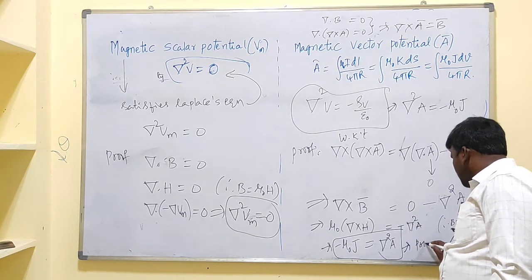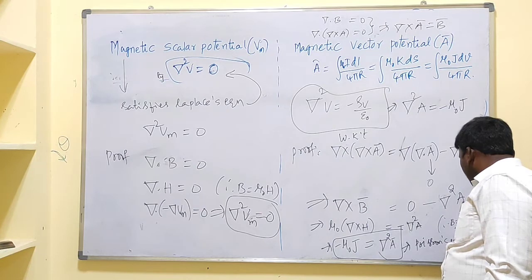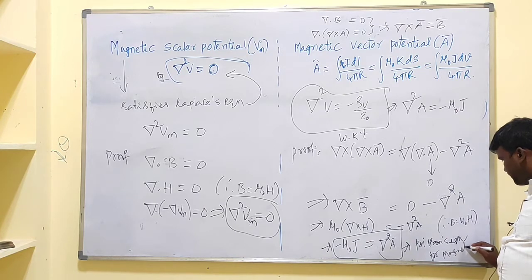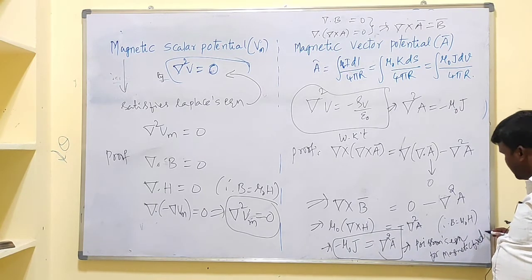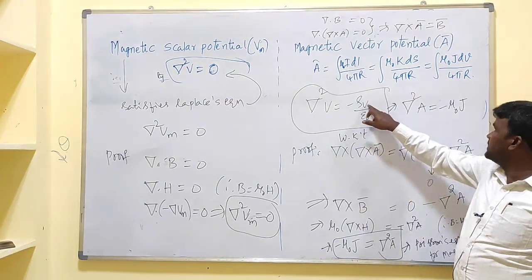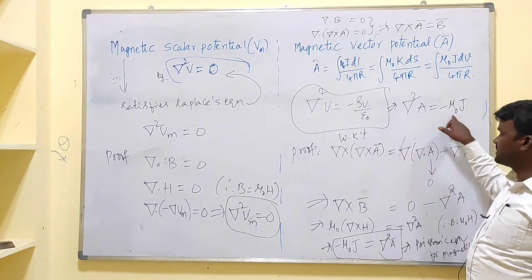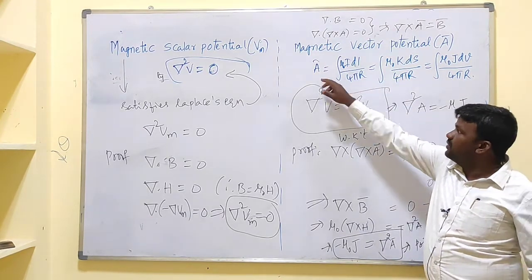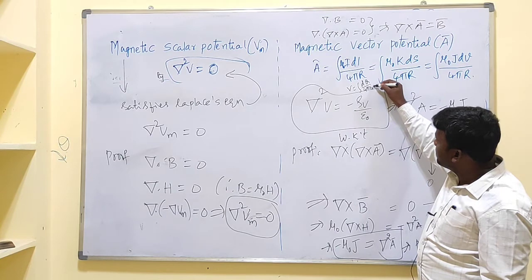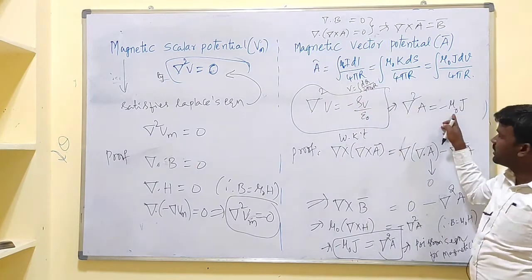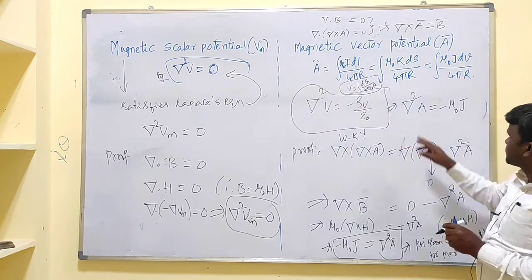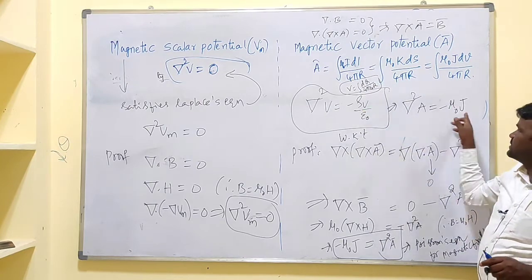This is the Poisson's equation for magnetic field. Once again I will explain this one. So Poisson's equation for magnetic field. Del square V equal to minus rho V by epsilon. Charge density is replaced with current density, and 1 by epsilon naught is taken as mu naught. Just as here V equal to integral dq by 4 pi epsilon naught r. So 1 by epsilon naught is taken as mu naught. Here also same thing, mu naught. Here also in del square A, 1 by epsilon naught is taken as mu naught. Charge density is replaced with current density.